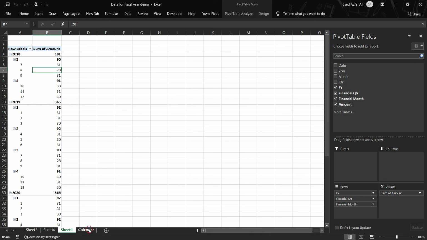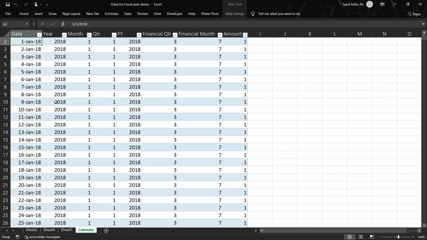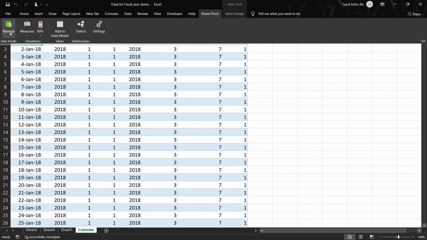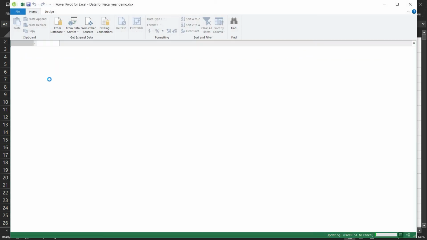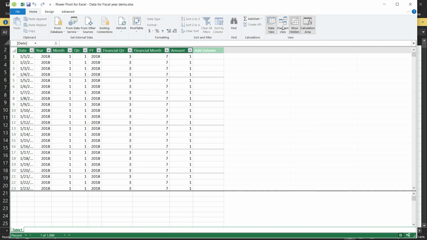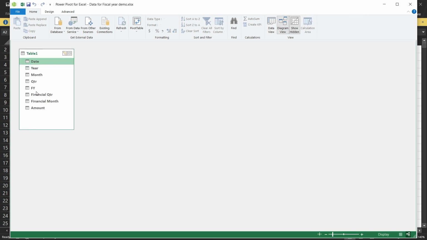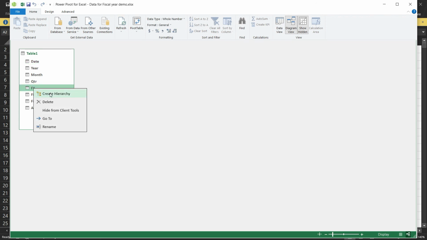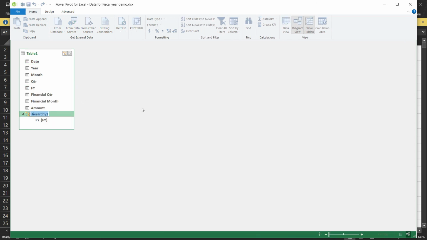Now let us go back to our calendar table, and the first thing we want is to add this table to the data model. So I will click on Power Pivot here and click on add to data model, and this data will go to the data model. Now here in this diagram view, I will click on this financial year option, right click and click on create hierarchy, and I'm going to name this hierarchy